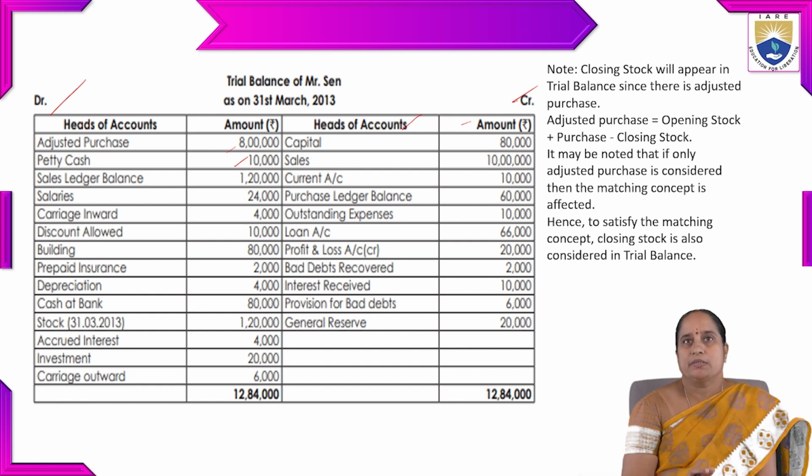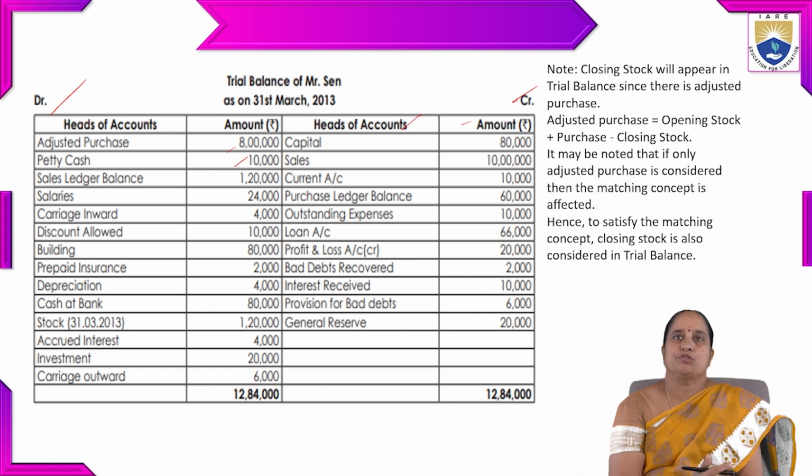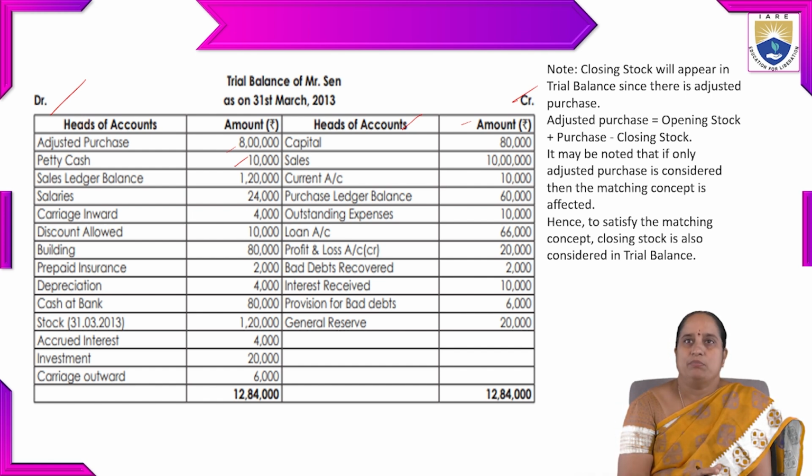So that should be mentioned on credit side. Sales, income, credit side. Current account, credit side. Purchase ledger balance, that is also credit side. Outstanding expenses, that is also liability, which should be mentioned on credit side. Loan account, liability, credit. Profit and loss, that is also credit. Bad debts recovered, income, credit. Interest received, income, credit. Provision for bad debts, income, credit. General reserve, income, credit. So if you tally both sides, the debit side and credit side of the trial balance statement,